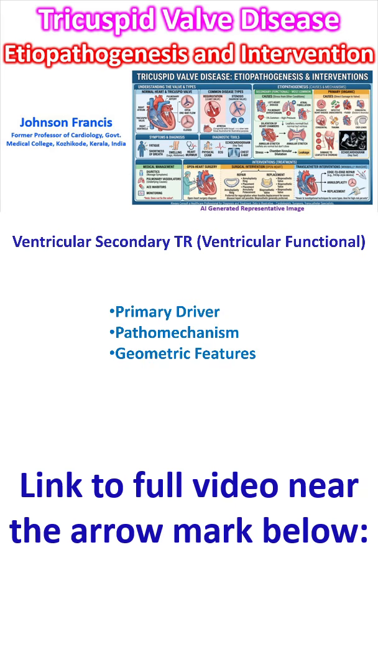Pathomechanism. As the RV remodels and dilates, the papillary muscles are displaced apically and laterally. This displacement exerts excessive tension on the chordae tendineae, causing severe systolic leaflet tethering